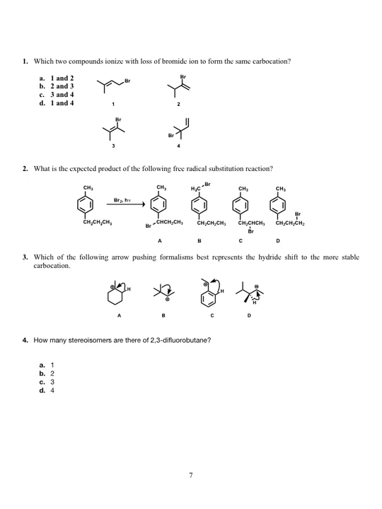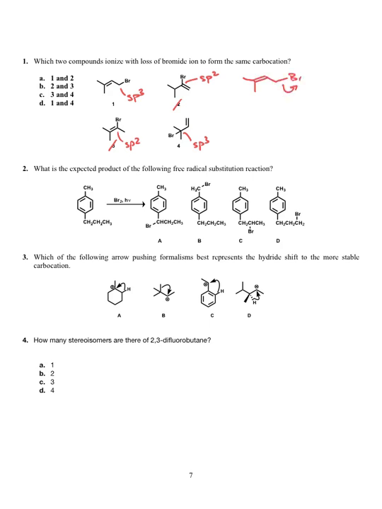So the first thing you want to look at is, of these compounds, the hybridization of the carbon bearing the bromine. Compound 1 is sp3, 2 is sp2, 3 is sp2, 4 is sp3. So we learned that in ionization reactions, the carbon bearing the leaving group must be sp3 hybridized. So compounds 2 and 3 can be eliminated. Therefore, if we show the actual ionization reaction, we'll see that 1 and 4 are the two compounds